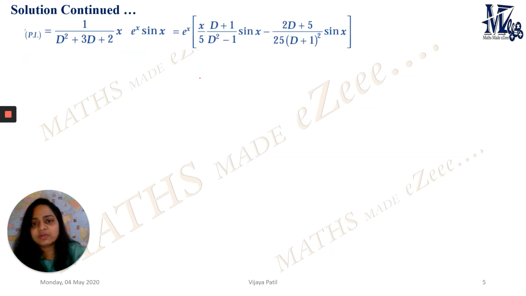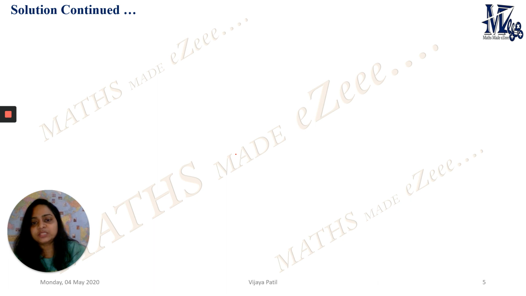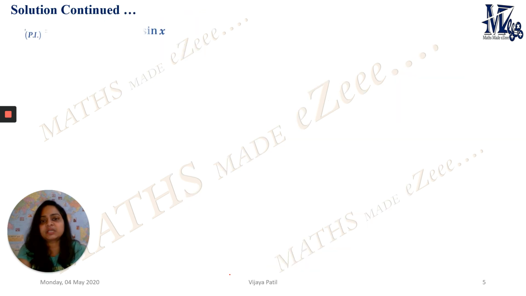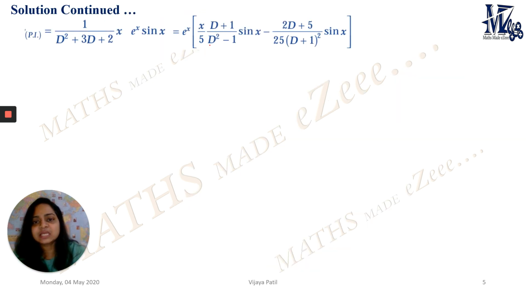And therefore it will give me now one more thing, because I'm dealing here with the sine of x function, and always we need sine of x, so that d square would be replaced as minus 1. That means always we should have that function in terms of the powers of d, and that is why we are making this d plus 1 over here in the powers of 2. So how can we do that? That is nothing but just a multiplication with the conjugate of that, that is d plus 1 multiplied by d plus 1 and divided by d plus 1. So we have got d plus 1 and d square minus 1.